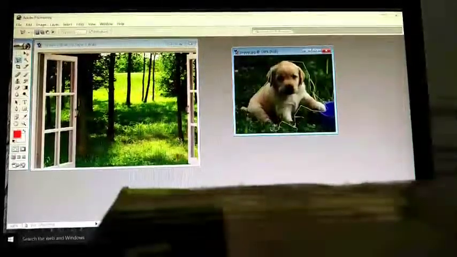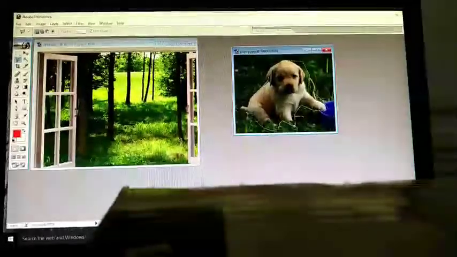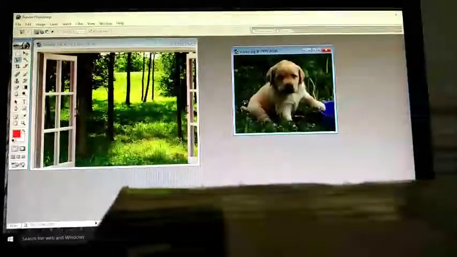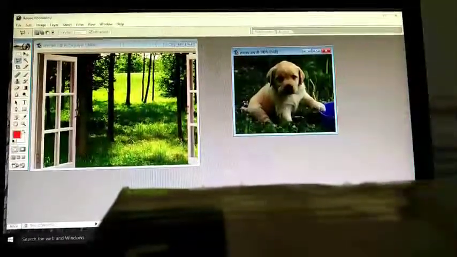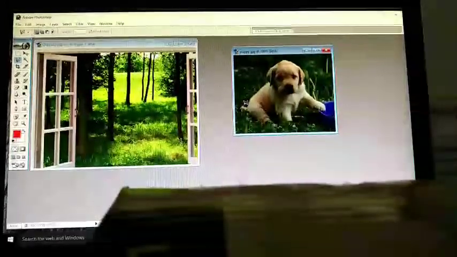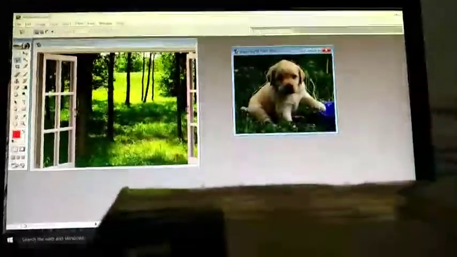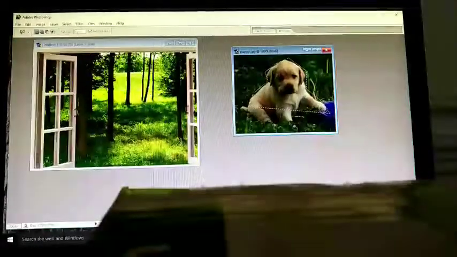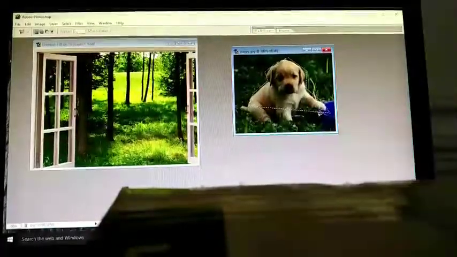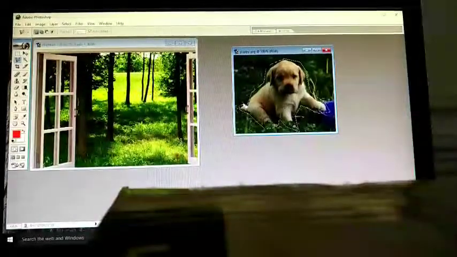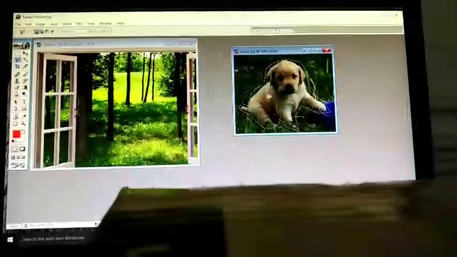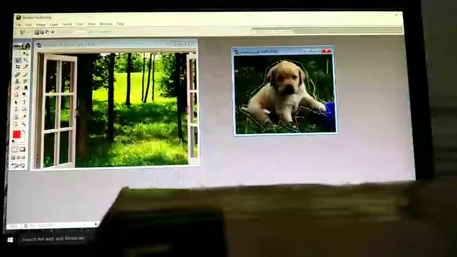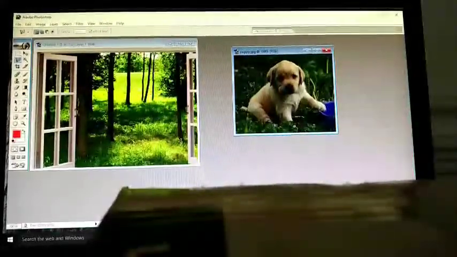Here we are selecting only the part of the image. So you will get an image like this after selecting using the polygonal lasso tool. So do you see that?